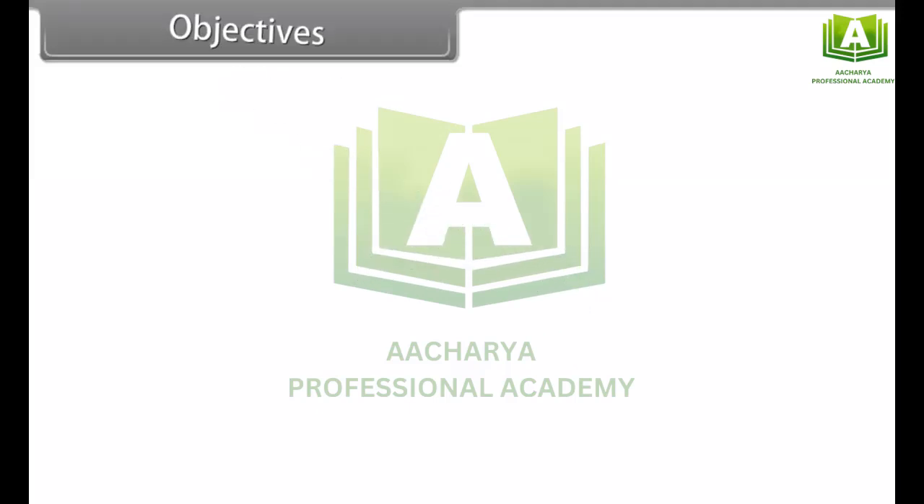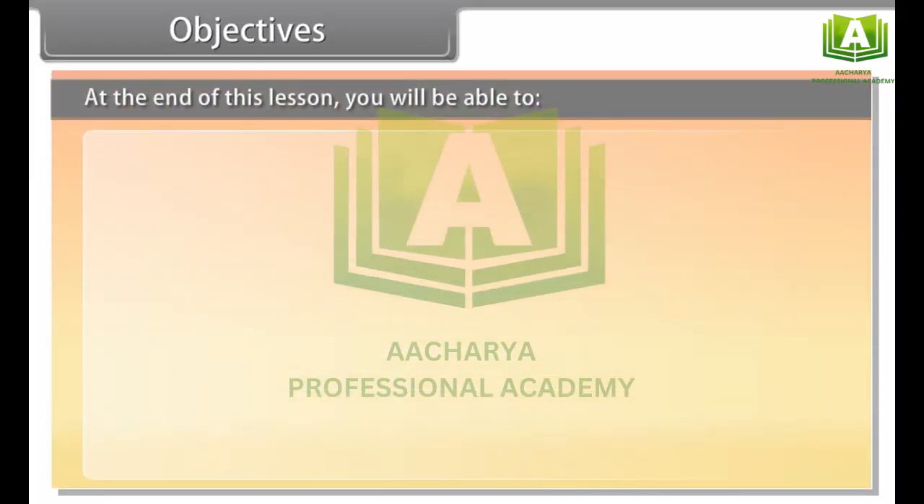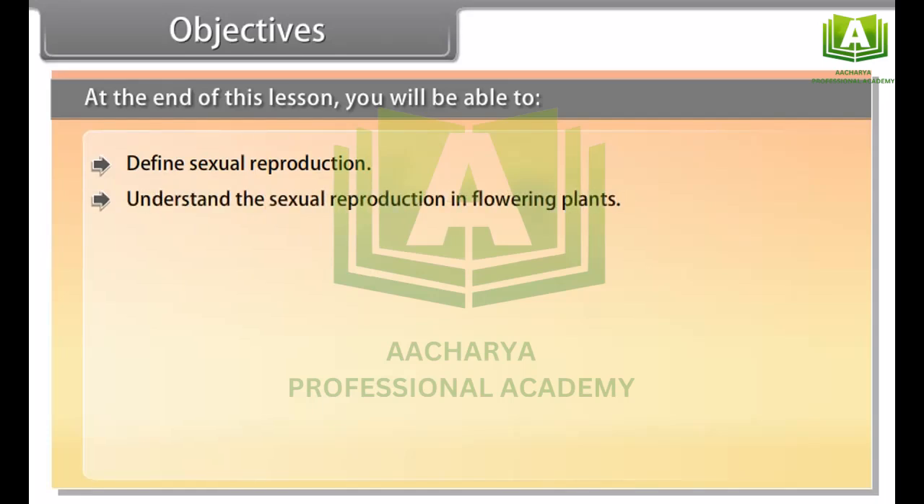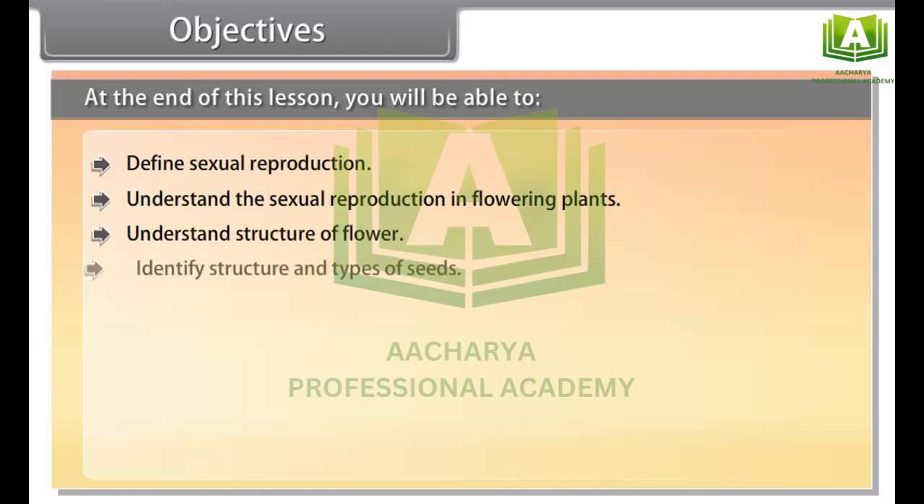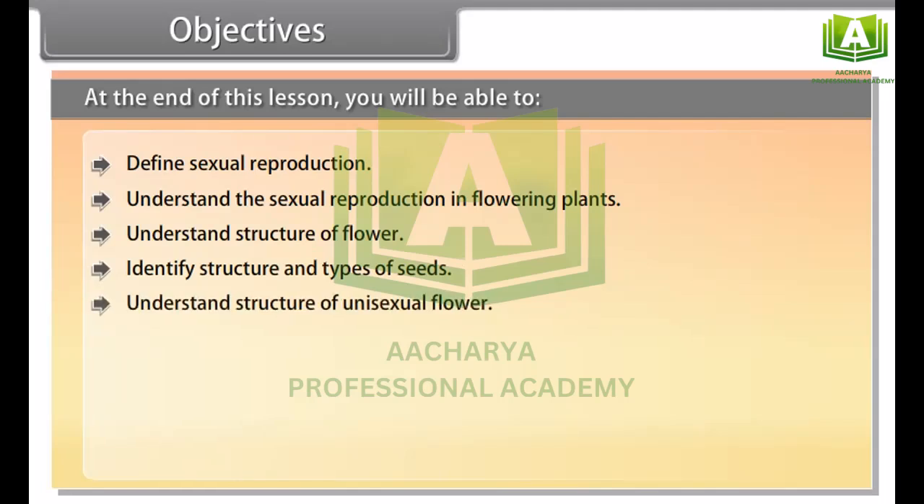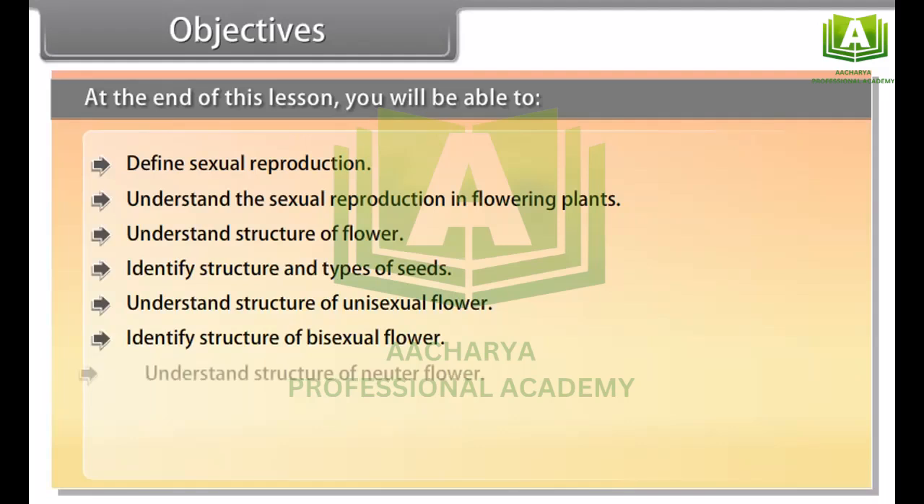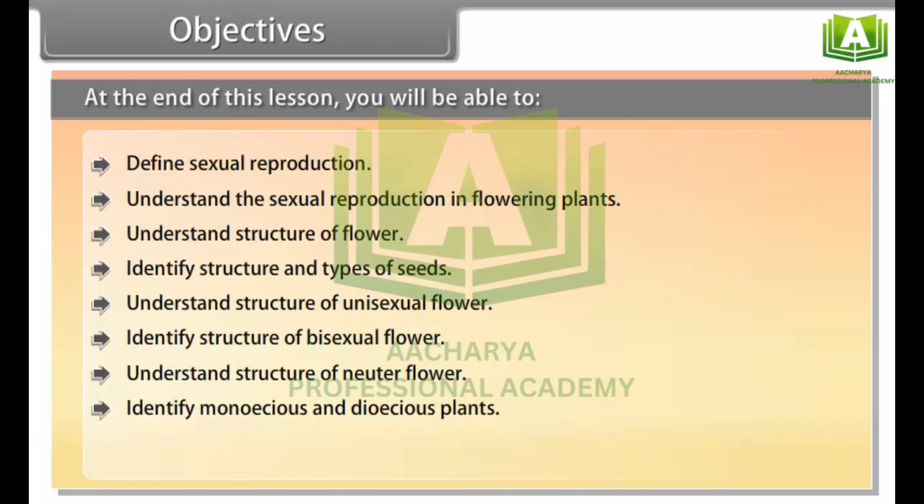Objectives. At the end of this lesson, you'll be able to define sexual reproduction, understand the sexual reproduction in flowering plants, understand structure of flower, identify structure and types of seeds, understand structure of unisexual flower, identify structure of bisexual flower, understand structure of neuter flower, identify monoecious and dioecious plants,